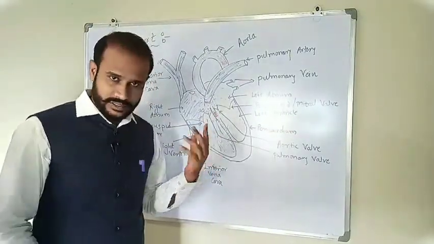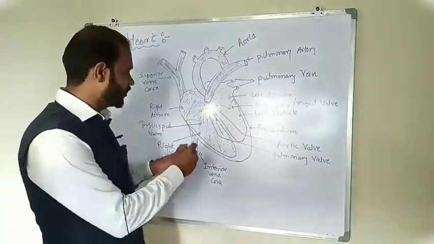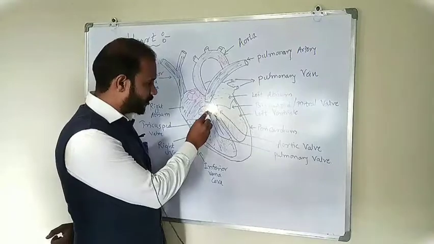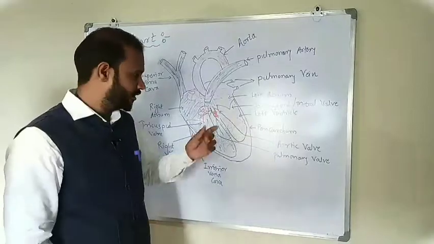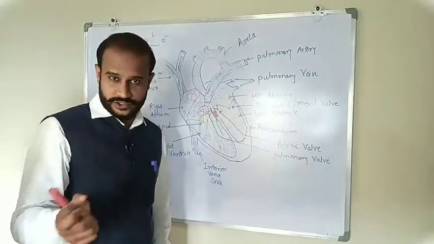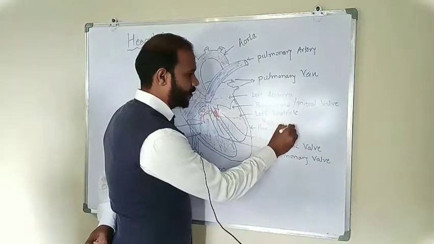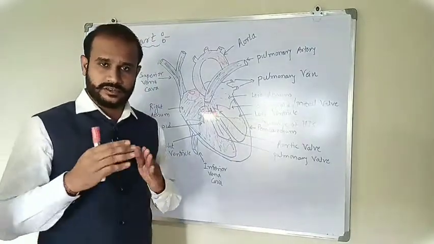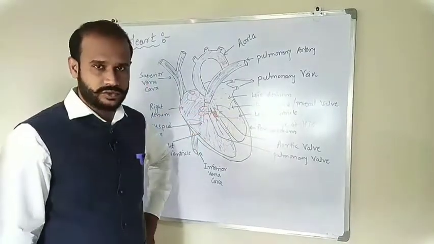Whenever the right ventricle gets filled with blood, it gets contracted by the atrioventricular node. Here is the AV node. Here is the SA node. From this AV node, there is one connection. Here is the office of the AV node. ऑफिस है वहां पे, क्या है उसे हम क्या बोलेंगे? Bundle of His. What is this? What is the bundle of His? The bundle of His is muscle fibers which are connected to the atrioventricular node.